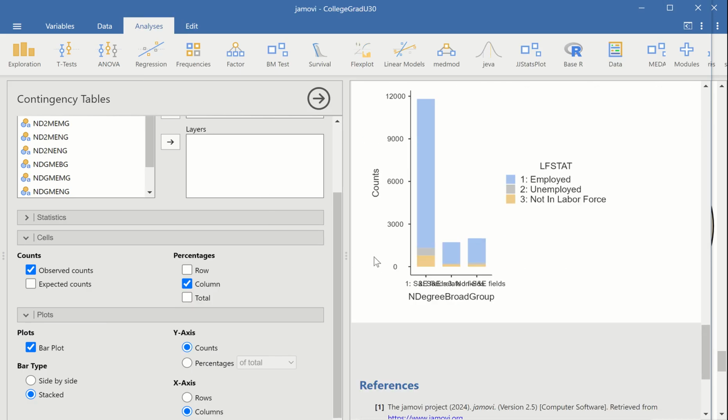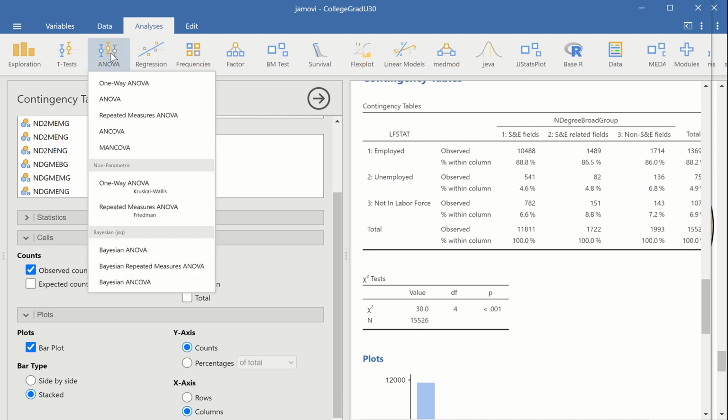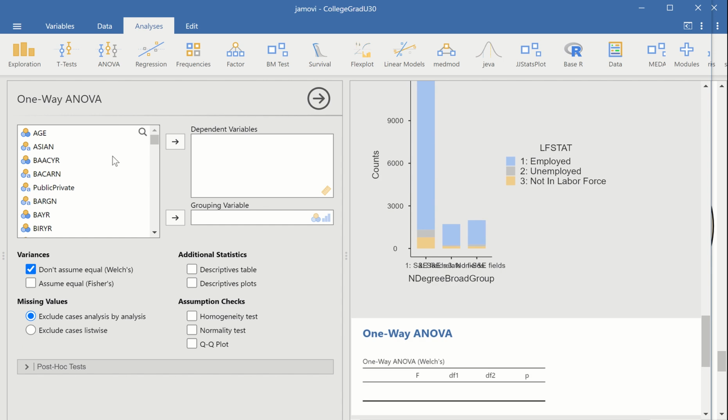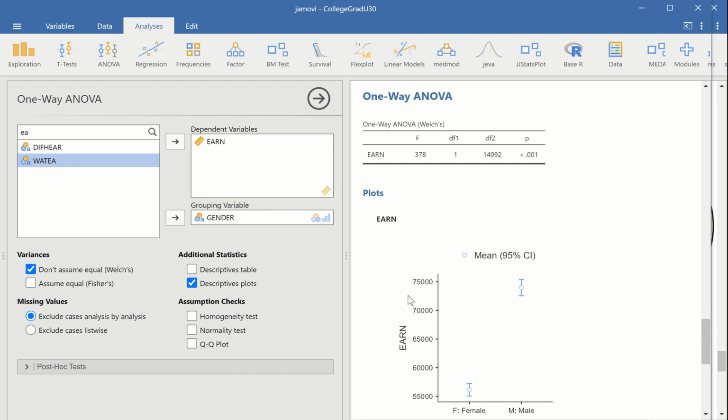but we don't really want to do that right now. One of the other things we did was look at some of the other plotting capabilities, and that we can quickly look across a lot of groups against a continuous variable. We did a one-way ANOVA. We did gender as a grouping variable, and we did earnings as the dependent variable, and we did descriptive plots